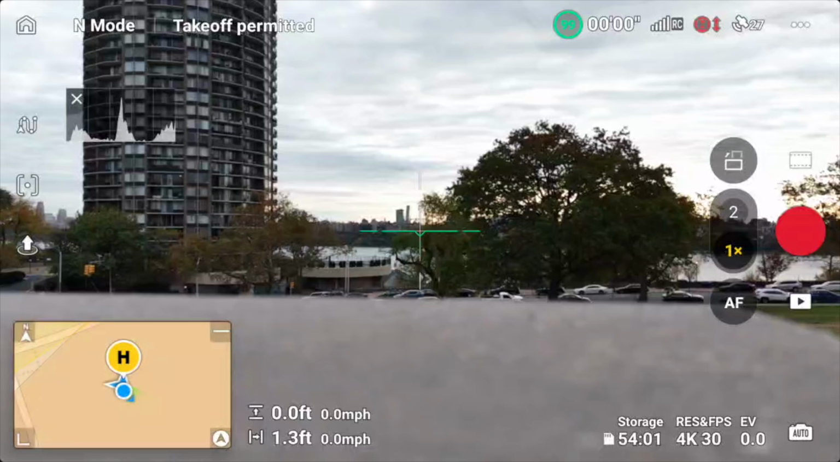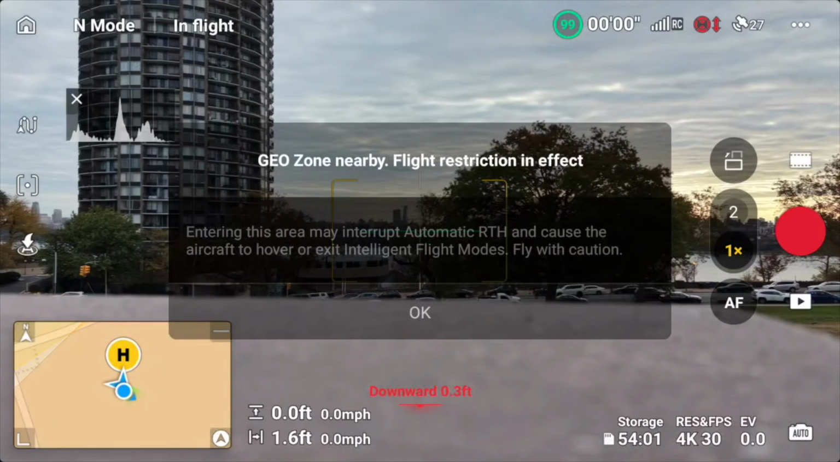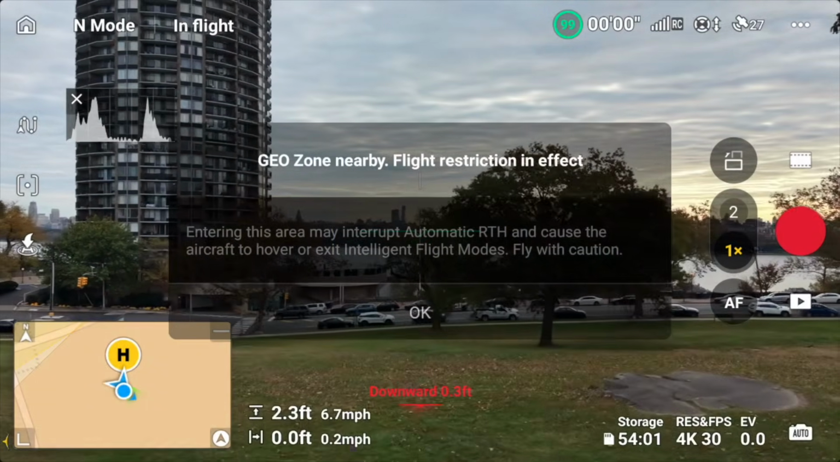Let's get started. One important thing to understand about drone mapping and 3D modeling is that the best time to capture your images is on an overcast day. As you can see here, the sky is fully covered with clouds, and there is no direct sunlight. This kind of lighting keeps your exposure consistent, preserves natural color tones, and prevents harsh shadows from appearing in your